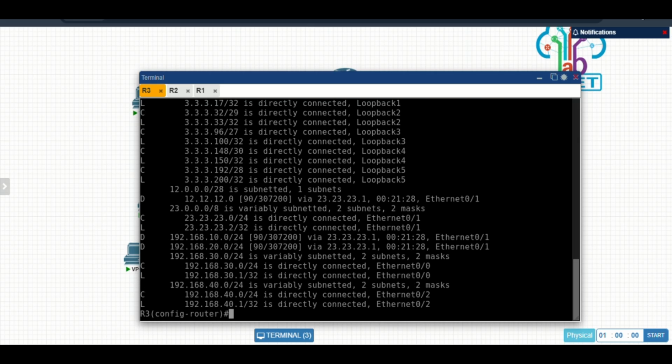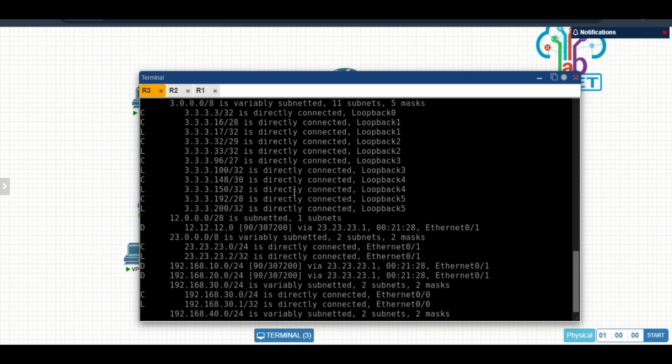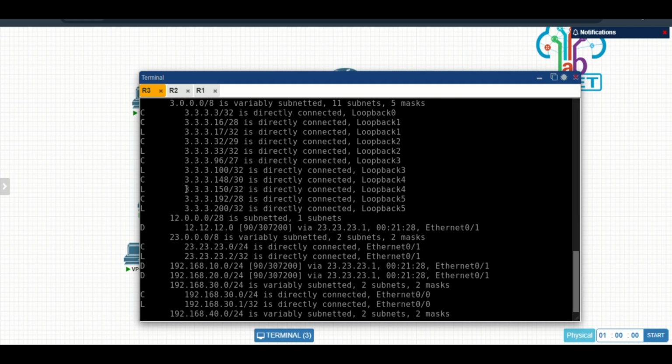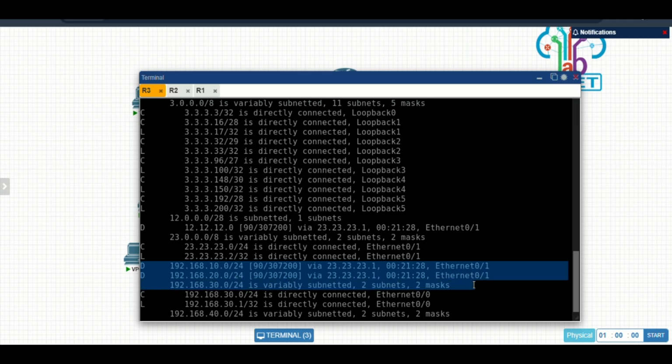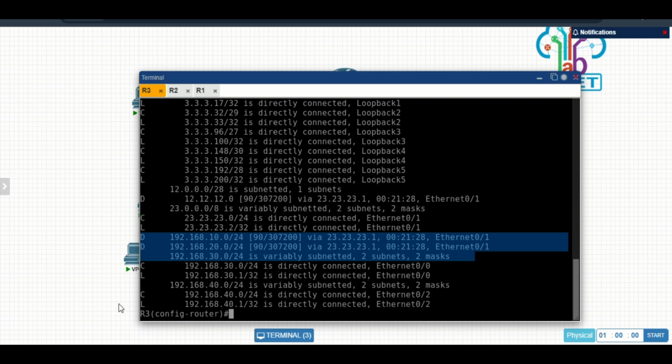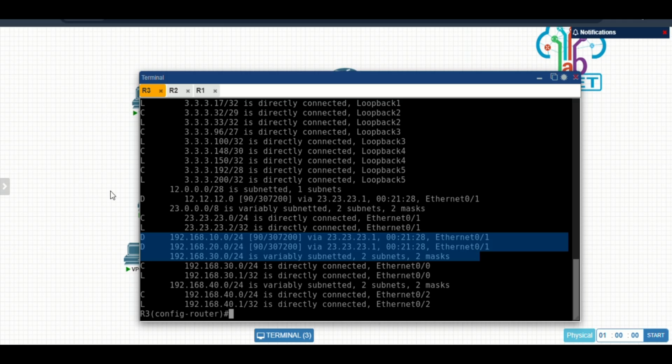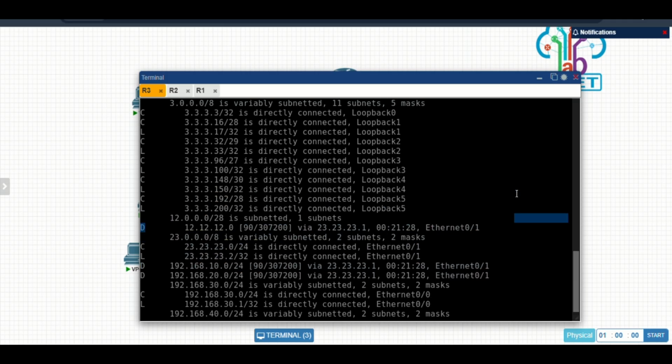So just show the IP event and the dynamic routing.